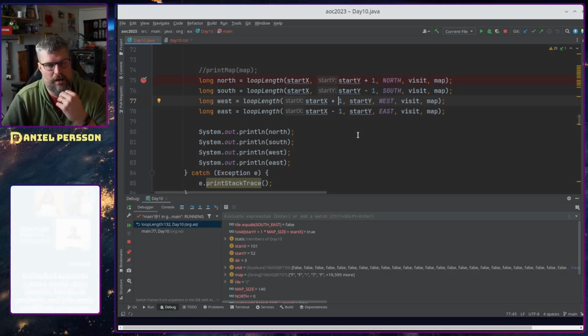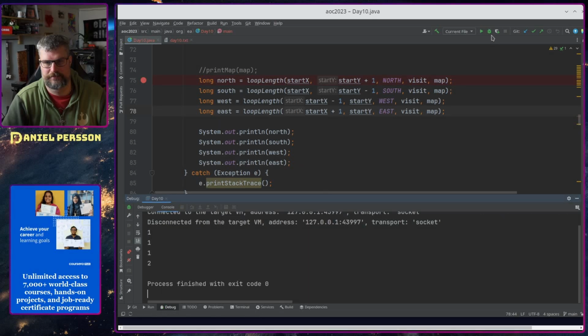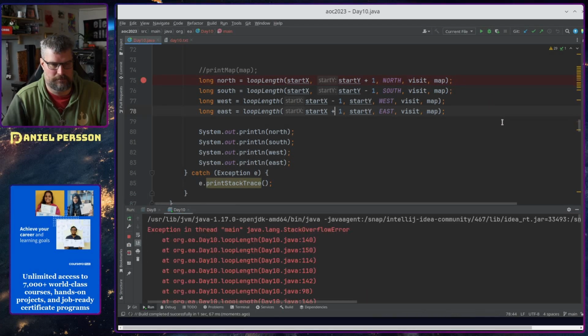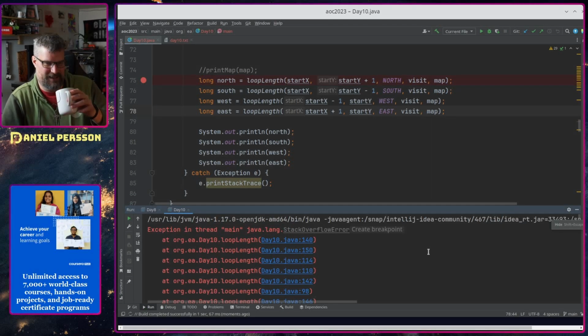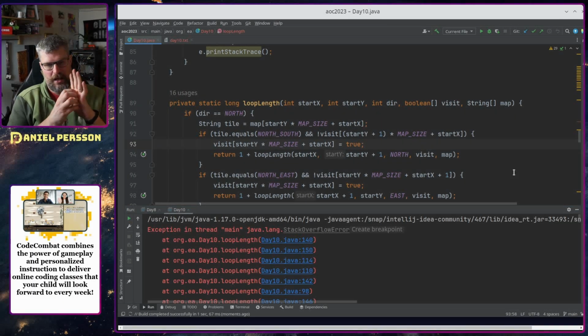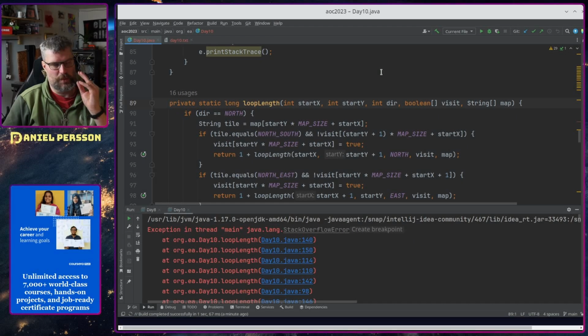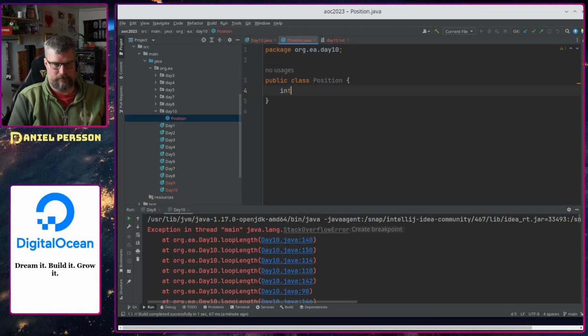Come in from the west. And come in from the east. Yes. Stack Overflow. So what we need here is pretty much a new starting position and a direction, right? So in order to do this, we need a class, int x,